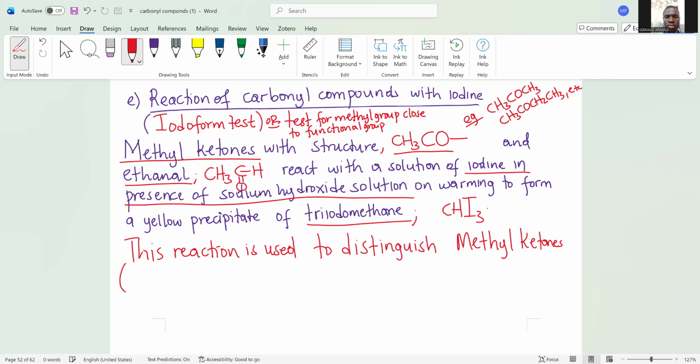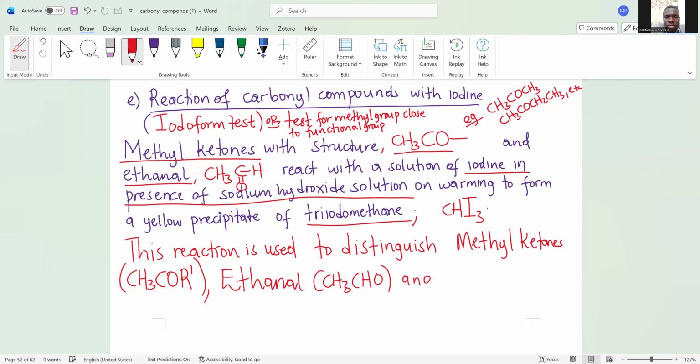What are methyl ketones? CH3CO R prime. So long as you have CH3CO, you are a methyl ketone. So this reaction is used to distinguish methyl ketones, ethanal with that structure,